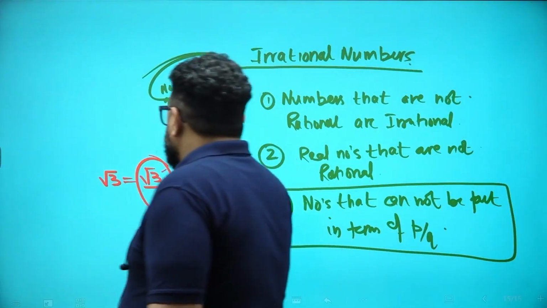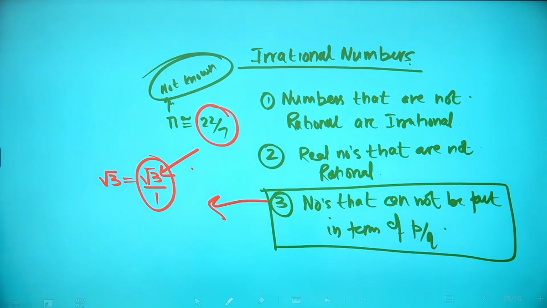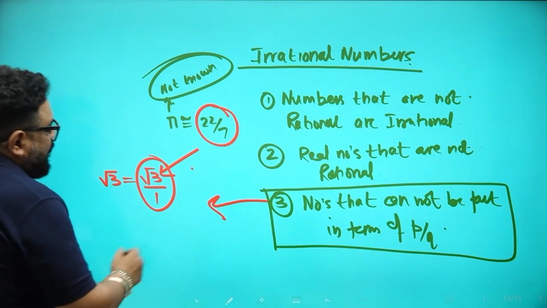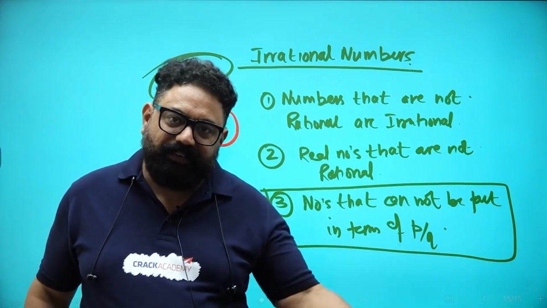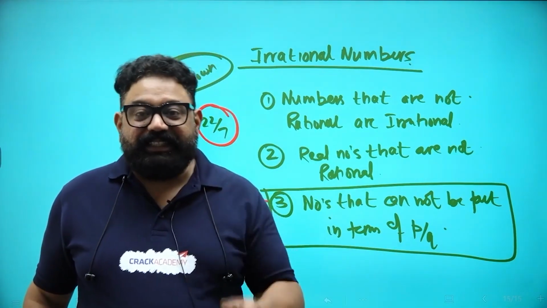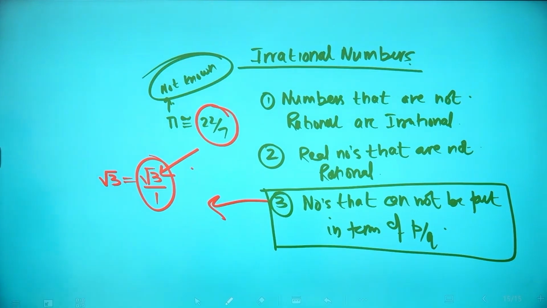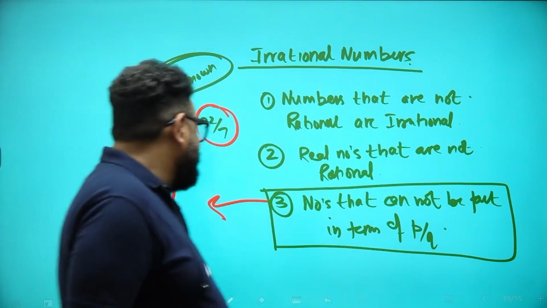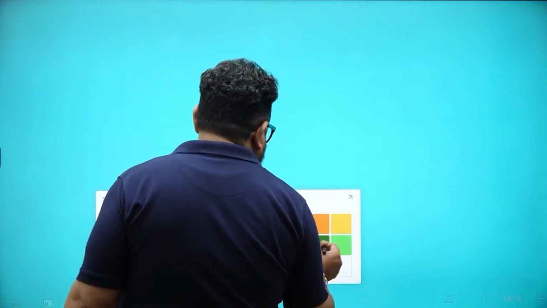Either root of 3 is not an integer. Everyone knows it is a fraction. So this is something you should understand, that root of 3 is an irrational number, though root of 3 can be written as root of 3 upon 1, because root of 3 itself is not an integer. So sir, what shall we do? There is always a concept where you say, sir, now what to do? So I'll give you a very beautiful aspect of it.